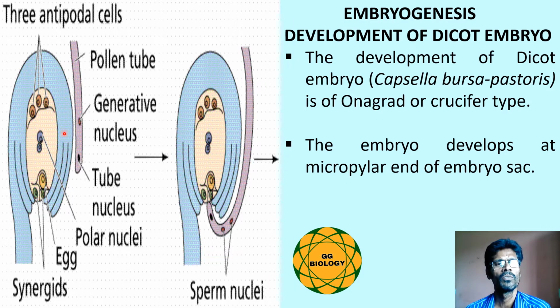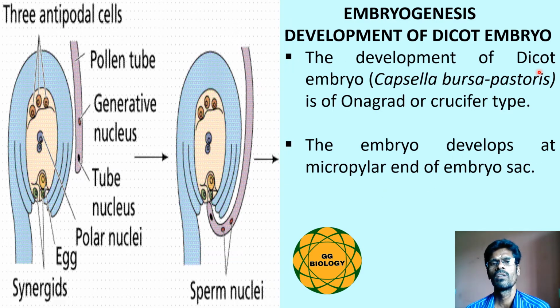The embryo sac of the ovule is made of 8 cells: 3 towards the chalazal end called the antipodals, 2 in the middle known as the polar nuclei, and 3 towards the micropylar end called the egg apparatus. Among the 3, the one in the center is the egg cell and the 2 are called synergids. In the pollen tube, the tube nucleus is followed by the 2 sperms. The first sperm enters through the micropyle and fertilizes the egg cell to form the zygote.